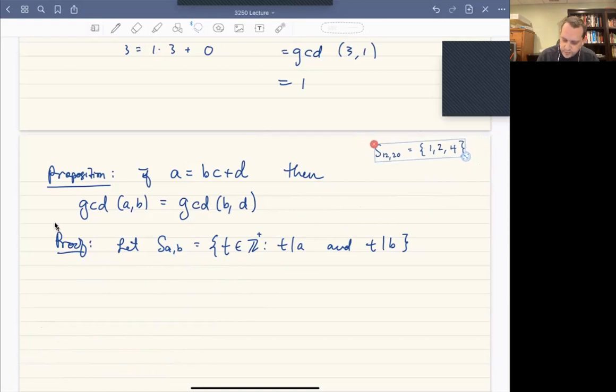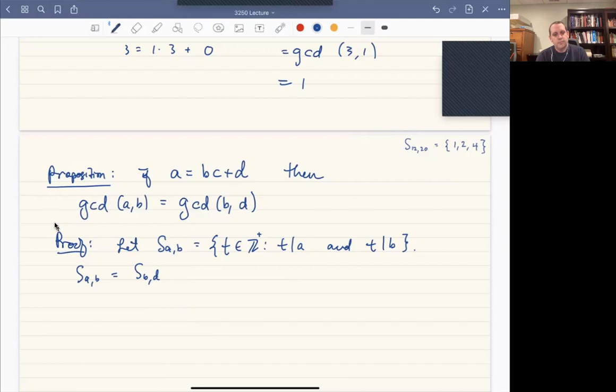Okay, so what I'm going to do with that is I want to look at this SAB, and what I want to point out is that we'll show that S sub AB is the same as the set S sub BD. And so the point here is that not only do A and B and D have the same greatest common divisor, actually all their divisors are the same. And that's a little bit more than what we wanted here. Okay, so let's let